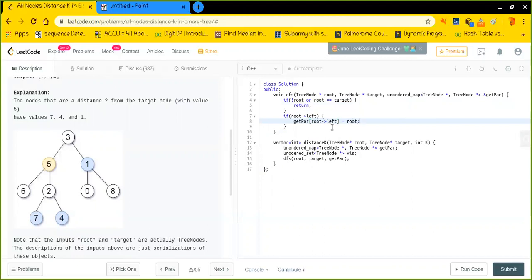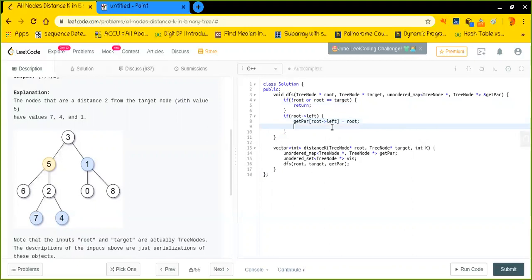That means I am referring the child to its parent. All right. And in the same way, I'll call the DFS and traverse the left subtree, all of the left children, and I'll try to map all of them to their parent.